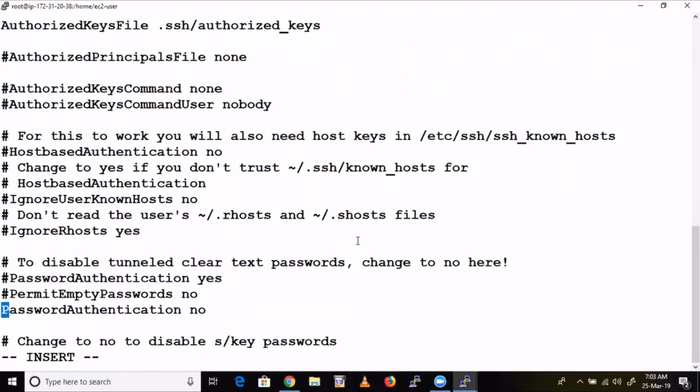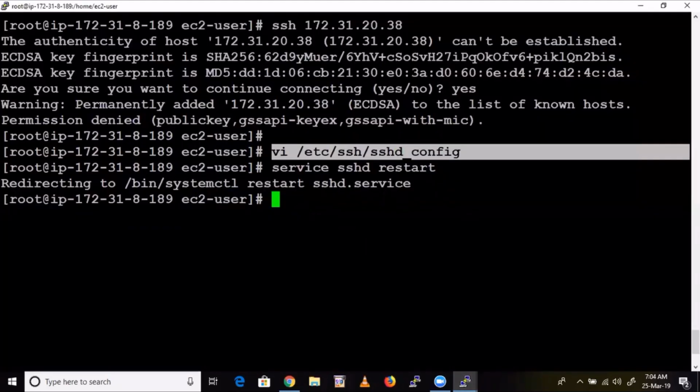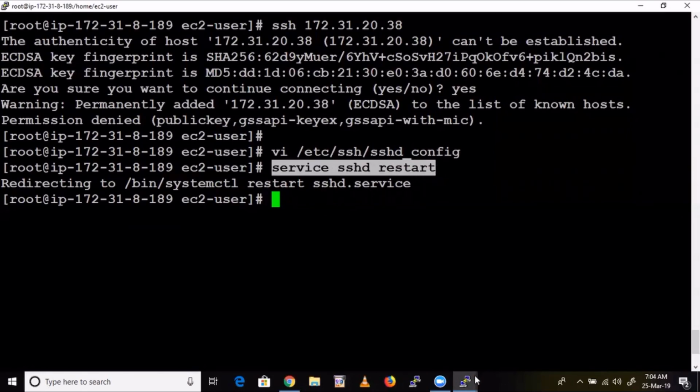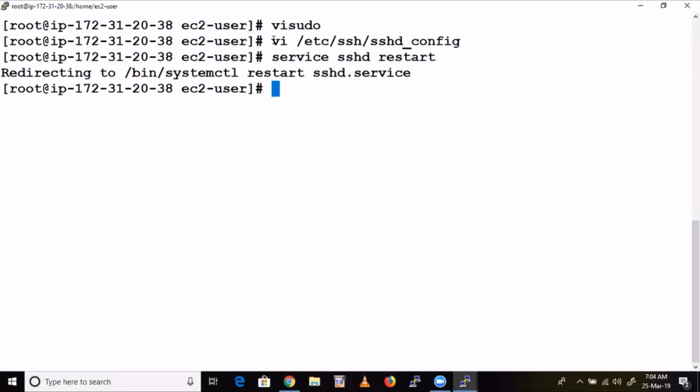And PasswordAuthentication, uncomment this one. And here, comment. Now restart the service. Yes. Same, do the same thing in the third machine as well.